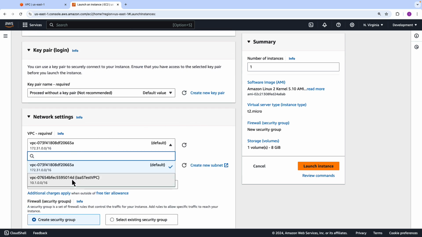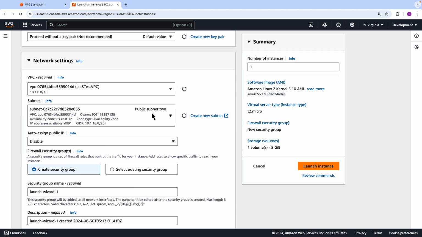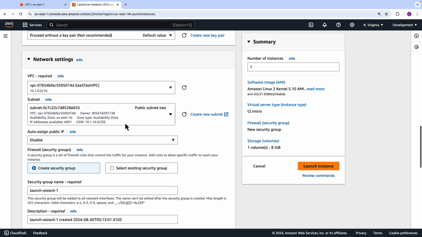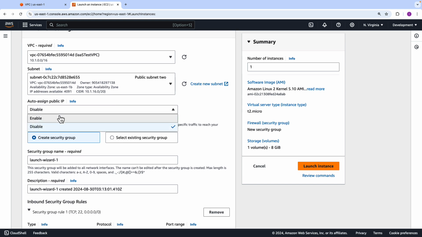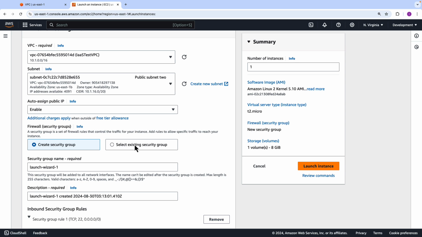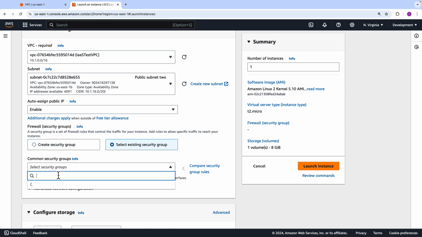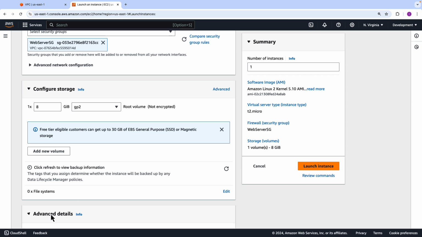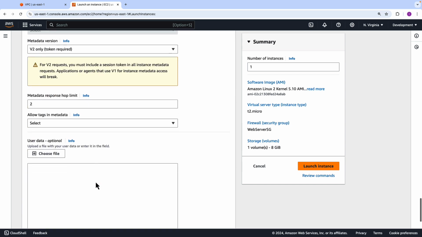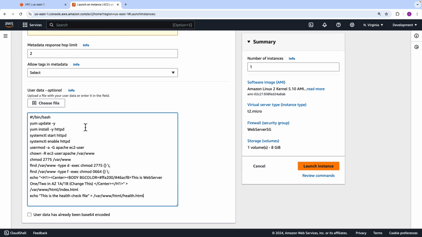Go down to network settings, IIS test VPC. We're placing this in public subnet 2. So we're distributing our instances across multiple subnets, across multiple availability zones. This public subnet 2 is in US East 1B. The other one, public subnet 1, was in US East 1A. We will also assign a public IP address, and we will assign it to the web server SG. Scroll all the way to the bottom, advanced details,